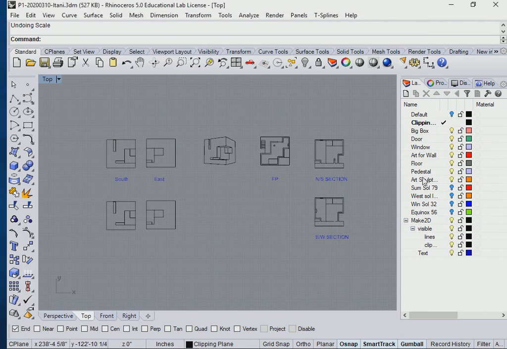So to do this, so that my drawings are disciplined, I want to create a new layer. And I'm going to create that new layer under my Make 2D. So I'm going to select my Make 2D layer. I'm going to click the new sublayer. And I'm going to say